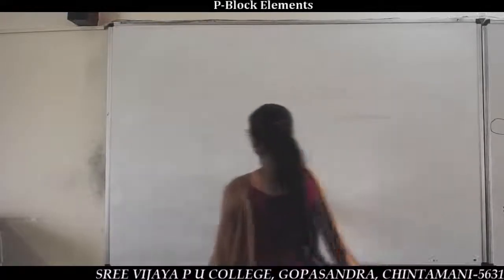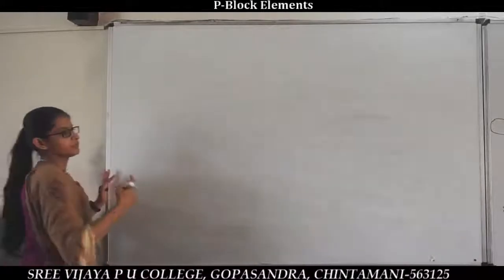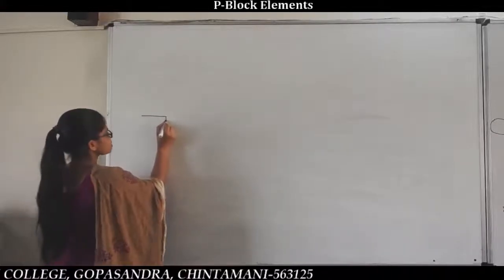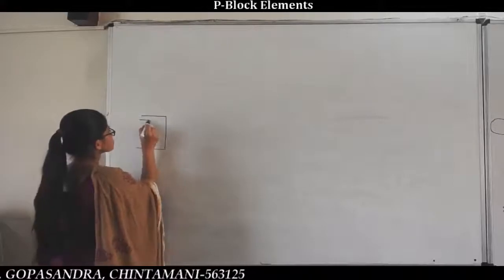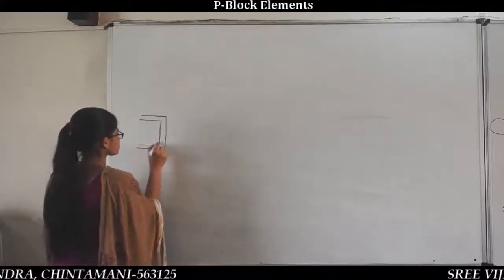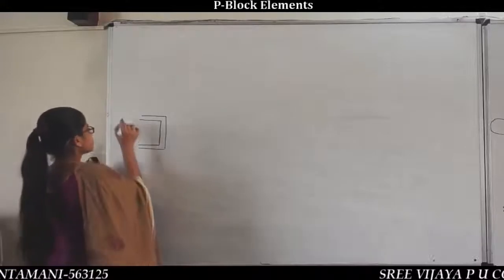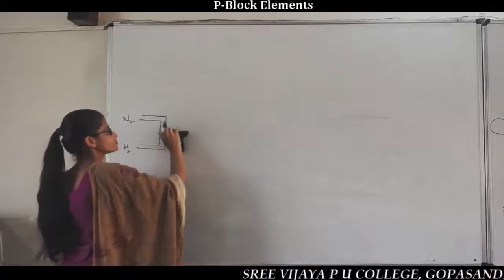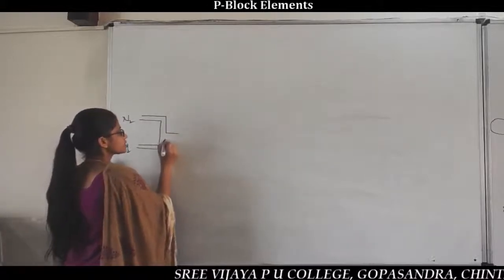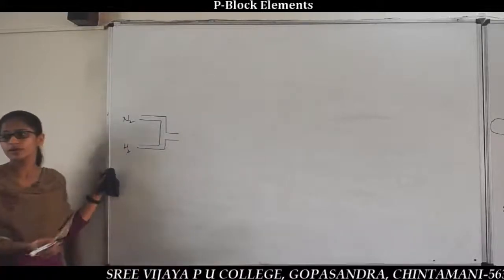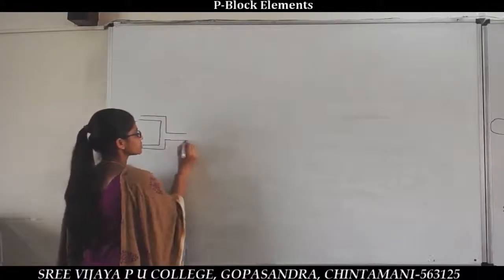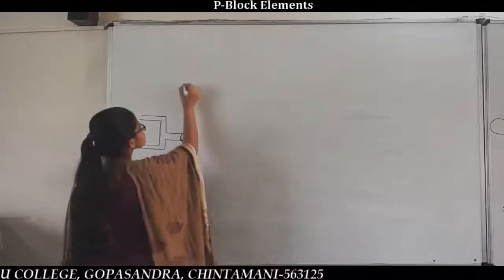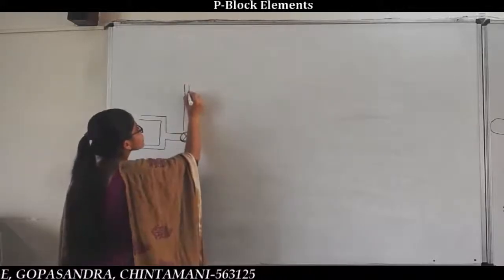See, so now we take a mixture of two gases, nitrogen and hydrogen. Both are passed through. The two gases we have to pass through a catalytic chamber. To compress the matter, we have to pass it through a compressor. This is the diagram.